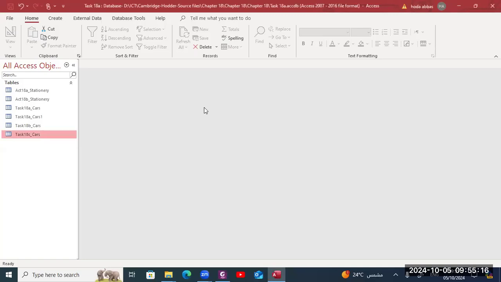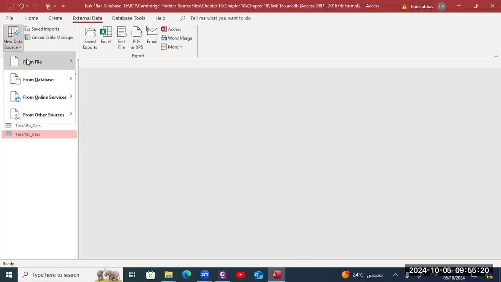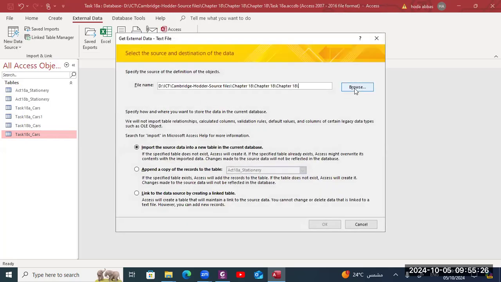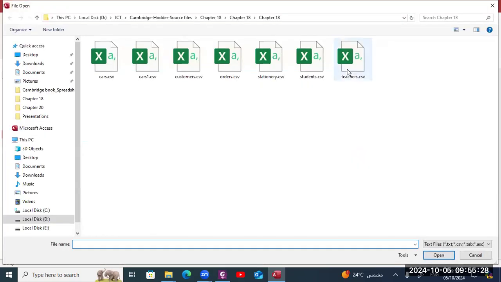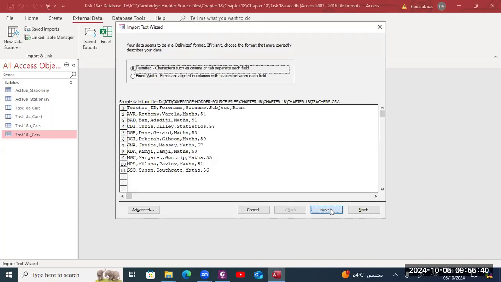From External Data, I will go to New Data Source and select Text File, from file, browse, and this is the teachers.csv file. It is important to keep it as selected: import the source data into a new table. Yes, I need a new table. So next,